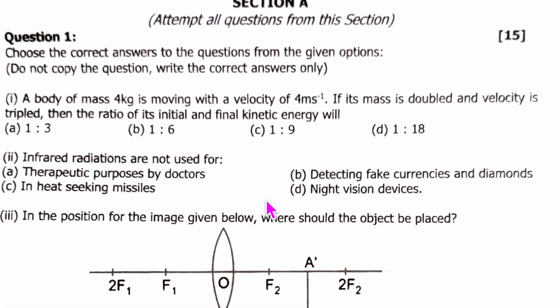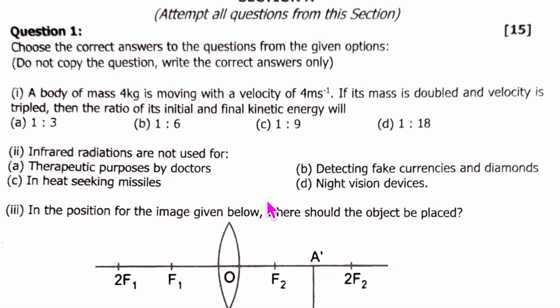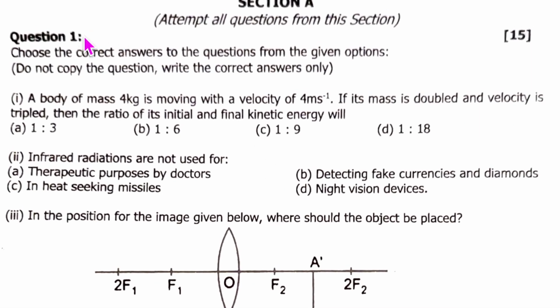you have to just start thinking of section A, question 1. So let us begin with question 1. MCQ, first one. The body of mass 4 kg is moving with velocity 4 meter per second. If the mass is doubled and the velocity is tripled, the ratio of the initial and the final kinetic energy. You will need a little bit of working space for case 1 and case 2. Now remember, if this is your page, then you'll write question 1 here, 1 here, and then your thinking step will be here. Okay, so